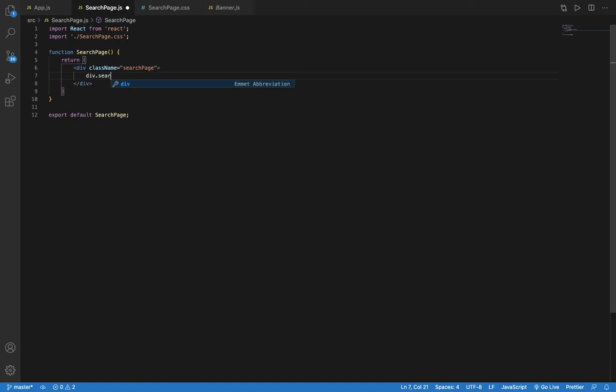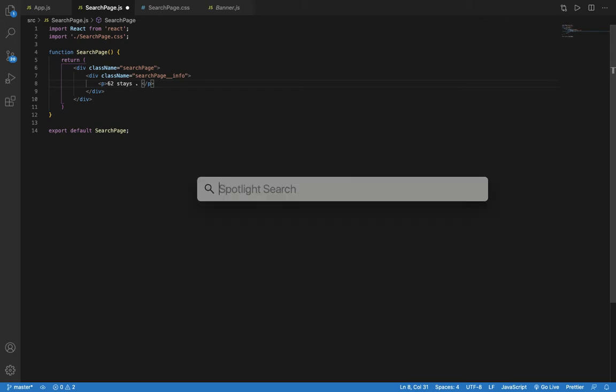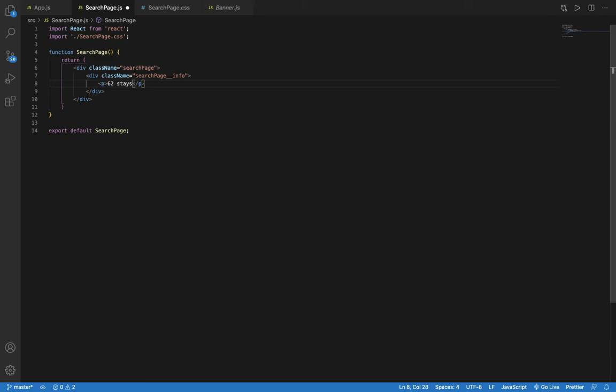Have a div with the class of searchPage__info, and inside this a p tag which will say 62 stays, then like this, 62 stays, then instead of multiplication I will add a dot like this, then I will say 26 August to 30 August, again a dot, and then say 2 guests,